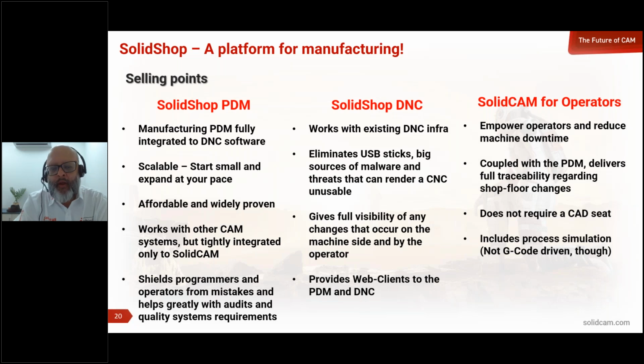But it's very important to tell them, if you want all the benefits of the integration, metadata from the CAD model going to the database and the interfaces and transfer of 3D models and fixtures and tools, only with SolidCAM. We are not going to develop interfaces for competitor CAM systems. So some of the things will have to be done manually. But some people are really happy with that. They say, I don't care if I have to do a few things manually.